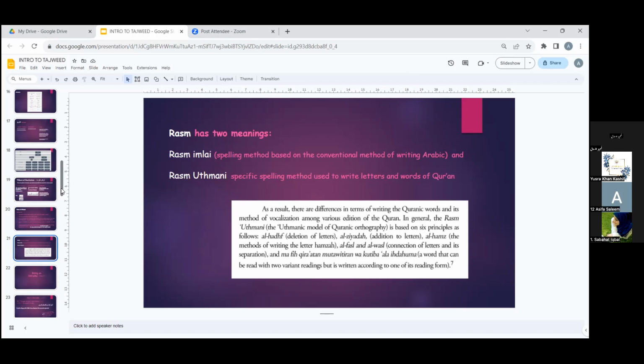That's different. Riwayah Hafs and Asim became prevalent